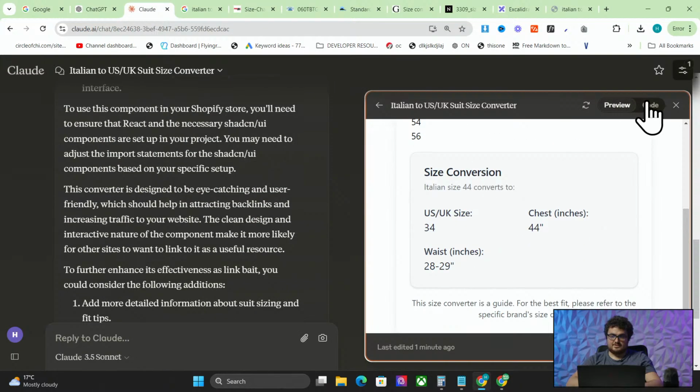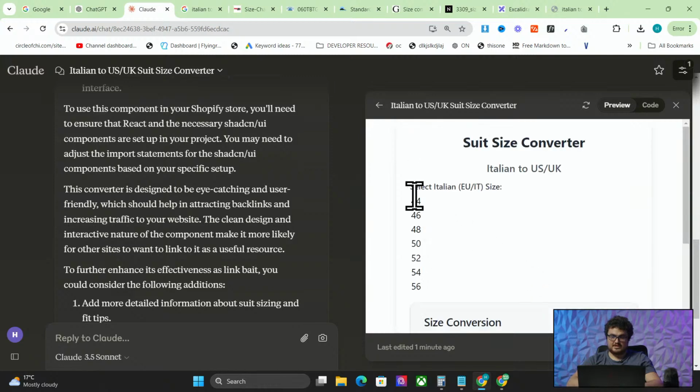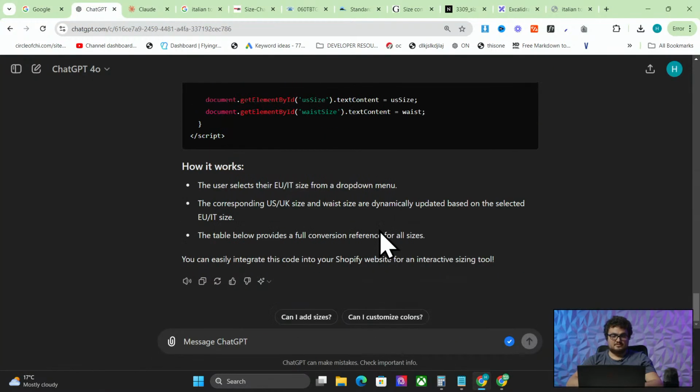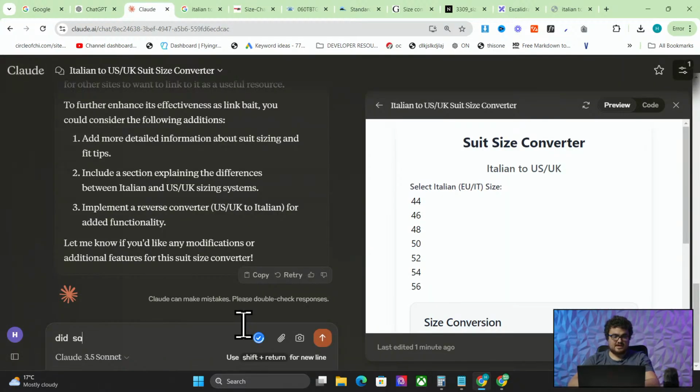And then let's have a look. This is React, so that will absolutely not work at all. So thanks for that. And then what do we have here? We have something that looks a little bit better. So I'm just going to say, did I say use React? Or did I say use HTML, style, and script